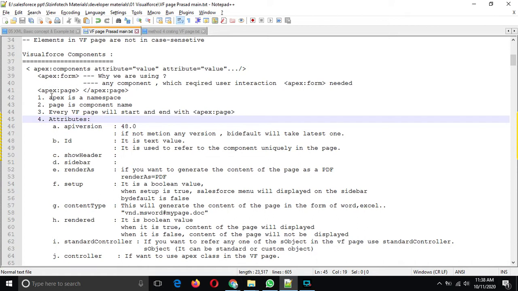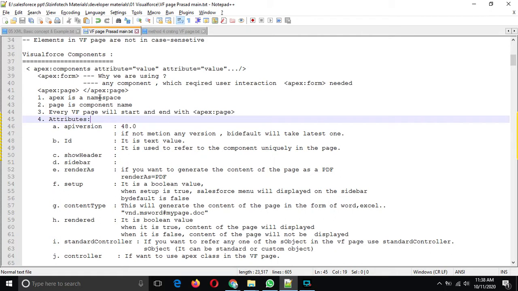So what are apex and page? Apex is the namespace. What is a namespace? When we use a namespace, at the time of deployment we can uniquely identify which org your code, your Visualforce page or apex page, belongs to.